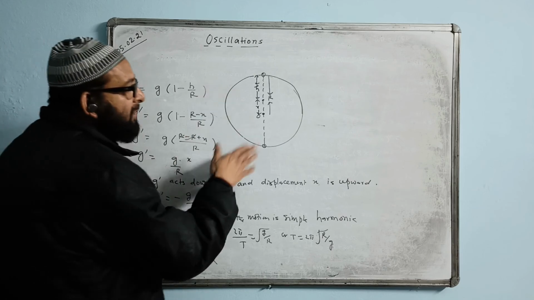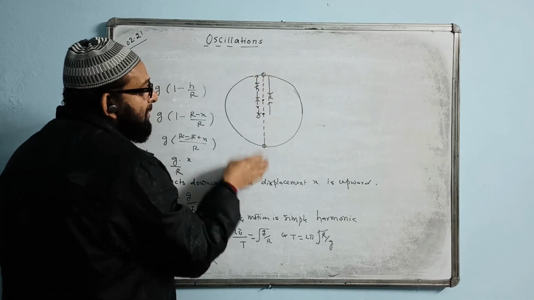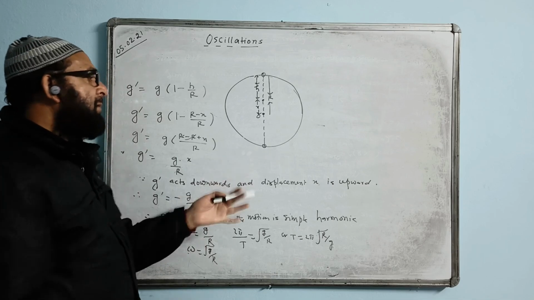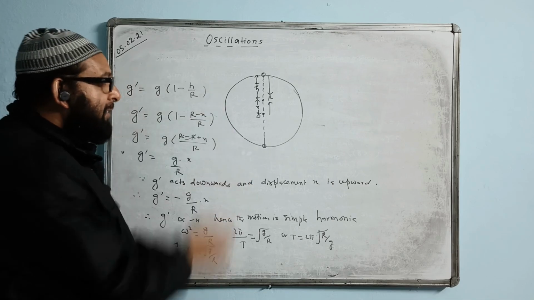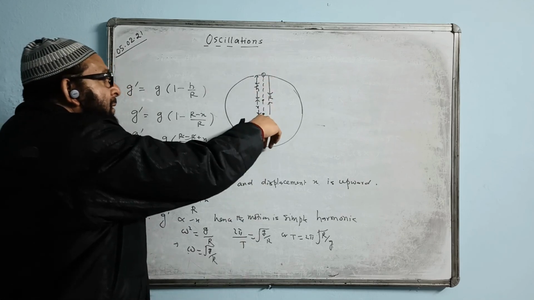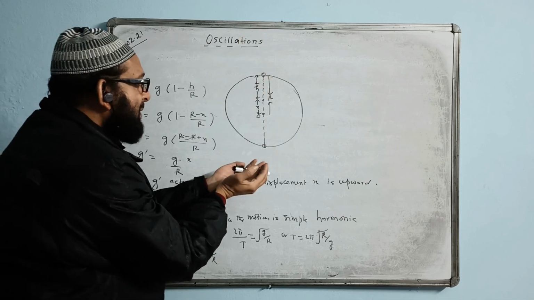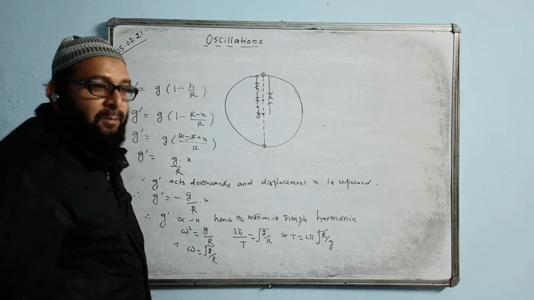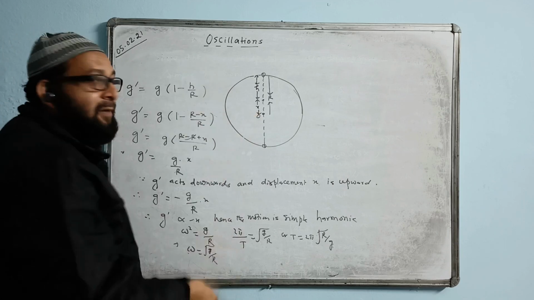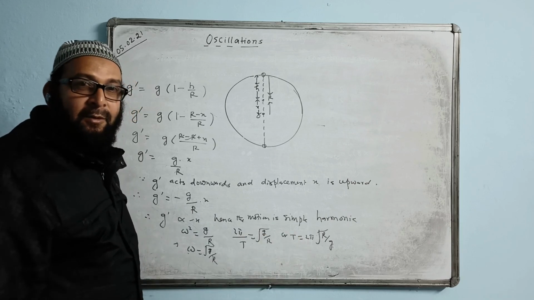Suppose in one year IIT has given this question. There were two monkeys looking at each other, and this monkey drops a banana through this hole, and the other monkey is trying to catch it. Will he be able to get the banana? The answer is no, because the motion becomes to and fro. It will come here and then return back. So the monkey who is trying to catch the banana from this hole will not be able to, because the motion is simple harmonic. Oscillation will take place. It returns back towards the mean position, and that keeps on happening, and this will be the period of oscillation.